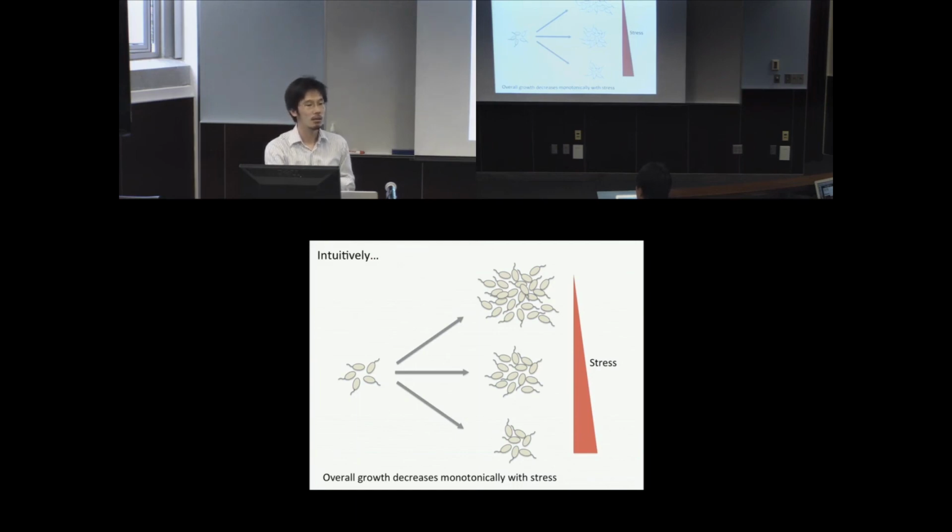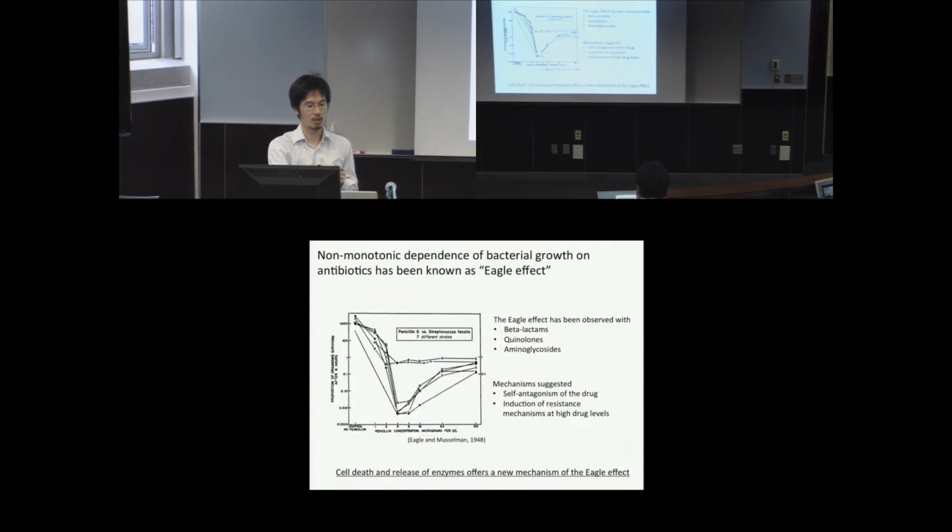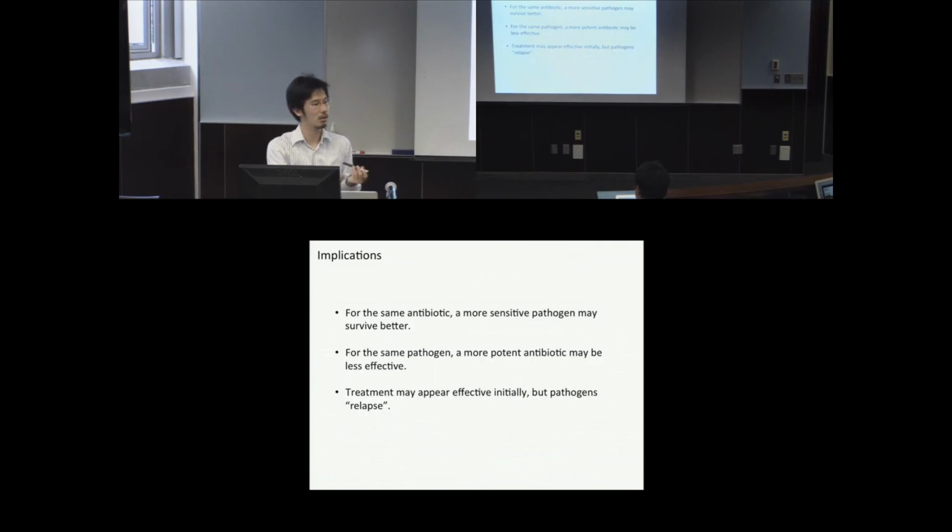Programmed cell death. But I don't know whether they can get the strains, like whatever that strain was, the Streptococcus. I'm pretty sure that's some clinical isolate or pathogenic strain. Yeah, that's an interesting thing to try out. And if you have a whole bunch of strains, you can test whether that shows the Eagle effect under some condition or not.